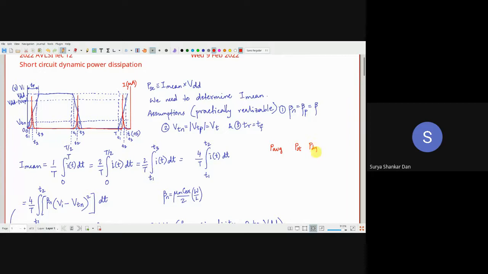Okay, some will say minimizing dynamic power. But remember, this dynamic, static, and all this do not actually represent the actual scenario. What you should rather look into is the energy perspective. Energy perspective means it's not just a question of I into V, that is the power consideration. What you should be concerned about is the energy dissipation. Okay, not just the power dissipation, energy dissipation.